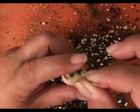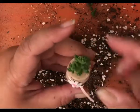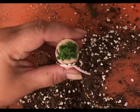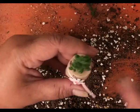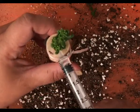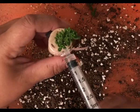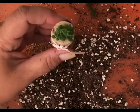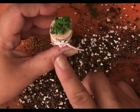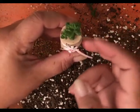Oh, that's a perlite right there. I think I'm good. Yeah. So I just tugged it up a little bit, and I feel like there is enough soil in there to hold it. And then I have this syringe. I'm going to give it a little bit of water, since it does have roots in there already. And I'm going to keep this inside the house, because that little water right there, if the sun gets to it,